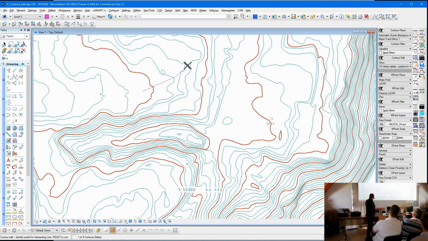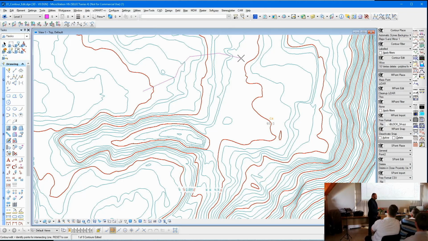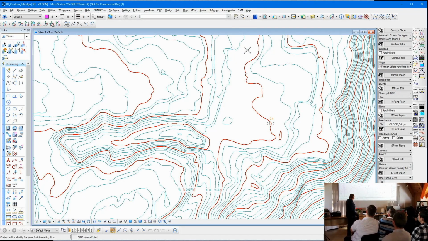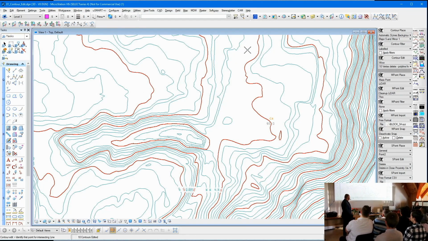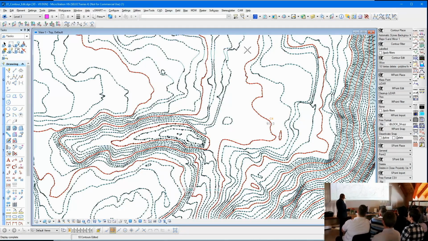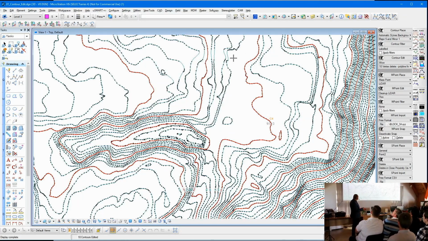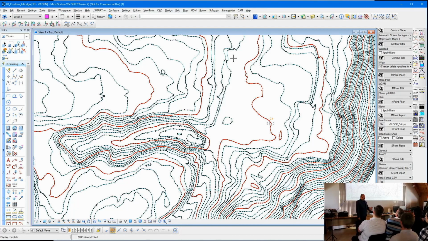So she's actually zigzagging her way through the contours now, of course exaggerating it, but immediately you'll see, so if she switches the nodes on, you'll see that the nodes have been cleaned up in that area,